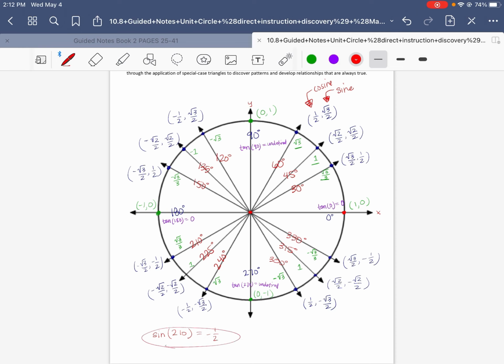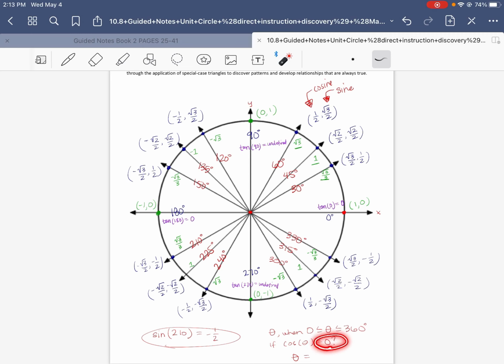You will run into some on your assignment that say for what values of theta, it'll use that little symbol, and it will say when theta is between, I meant for that to be a 0, is between 0 and 360 degrees. Let's say the cosine of theta is equal to 0. And what you would do is this, I just don't want you to get confused by this part. All this means is I'm restricting the domain to once around the circle. So you're only choosing rotational values once around the circle, so you're never going to go around it more times, okay? So this says for what thetas or what degree measures